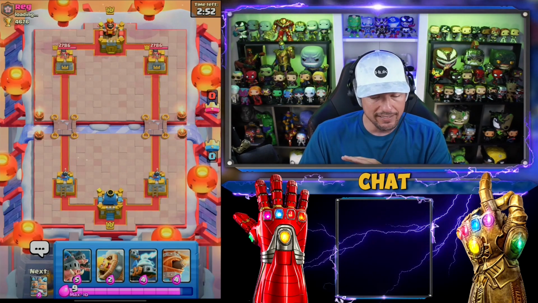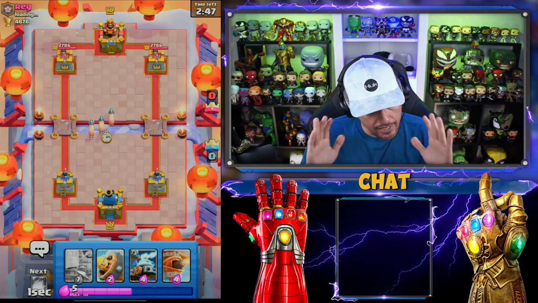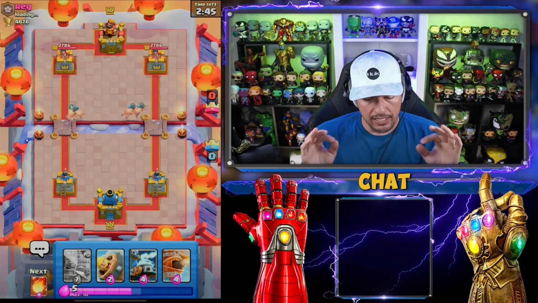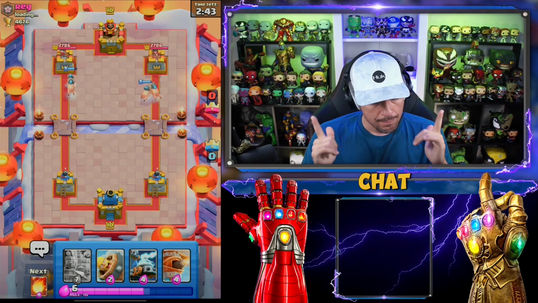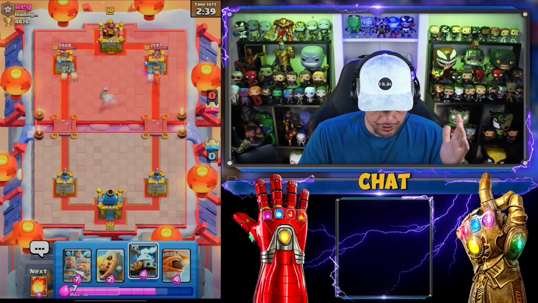So with a starting hand like this, what I probably want to do is just split the Royal Hogs. It's never a bad play. You're going to see how they counter it. And it is a Valkyrie on that lane. But see the chip we get? Now, what we're going to do here is...